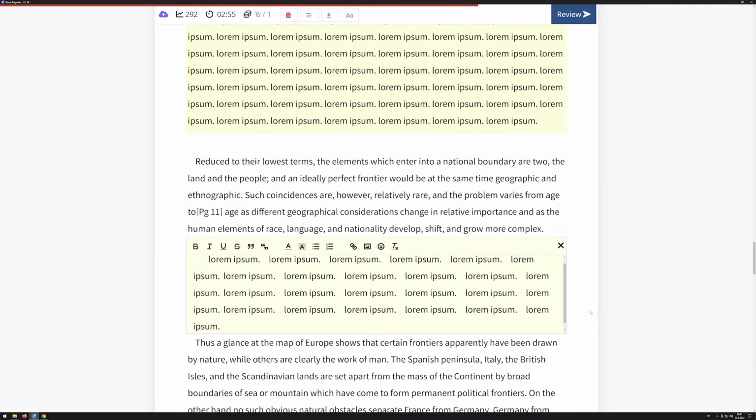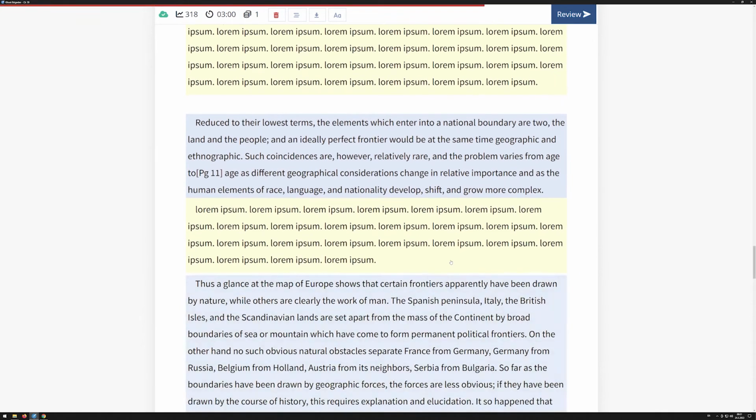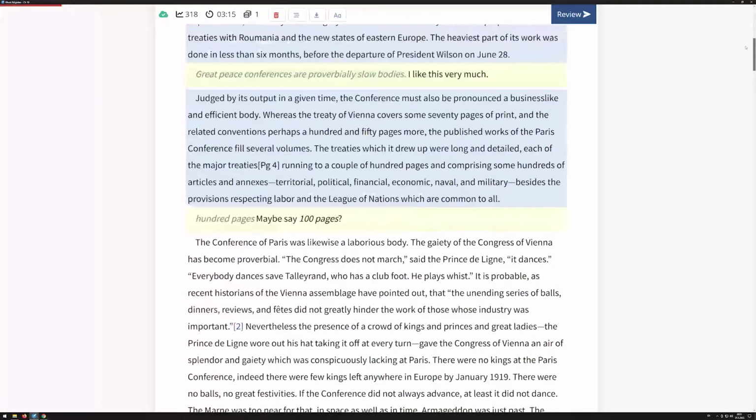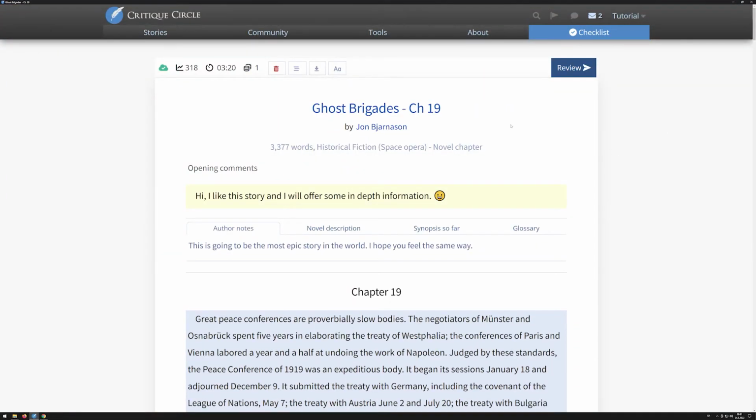If you write 600 words or more, you get an additional half credit, and if you write 900 words, you get a full 2 credits for it. 300 words is quite enough for your first crit. So once everything is done, we can go through our crit. We're happy with what we see, so now we just click review,